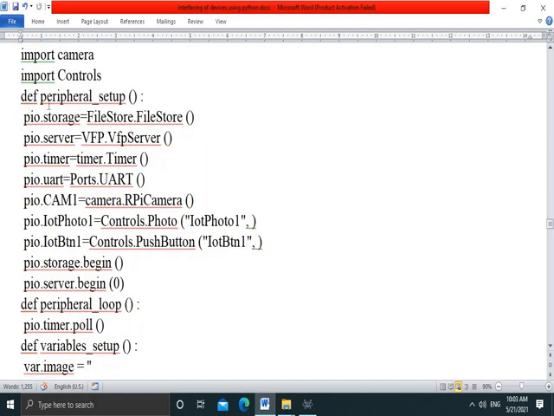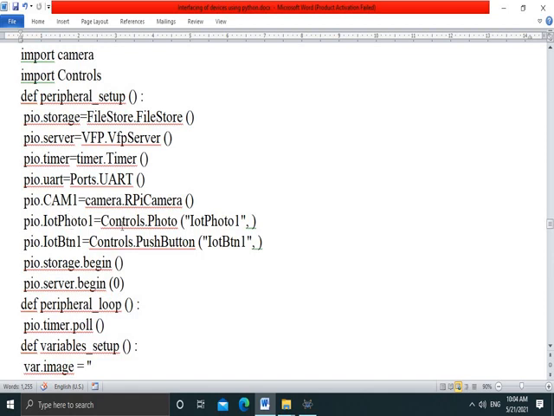Here we write one function peripheral setup, in which we are calling different functions of Raspberry Pi camera module, like pi.storage equal to file storage, then pi.server is equal to, we are calling the server because we want to show the image onto the virtual server.